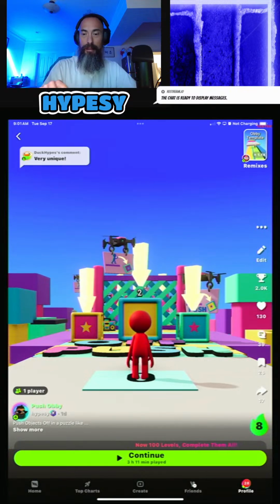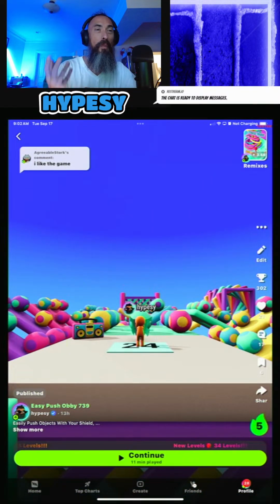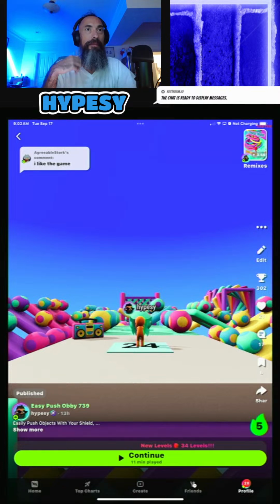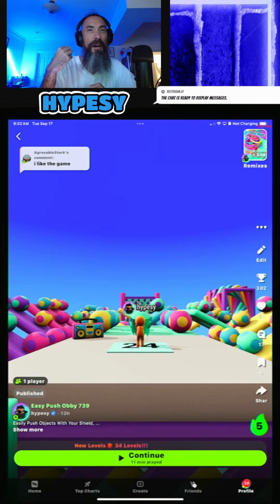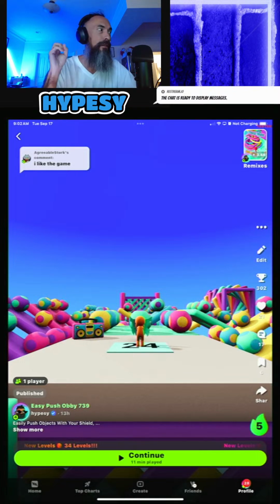Whereas the other one, Easy Push Obi, is more just pushing objects and getting to the next level. So less of a puzzle. Let me turn this down a little bit. Less of a puzzle element to it and more of it just like pushing things across